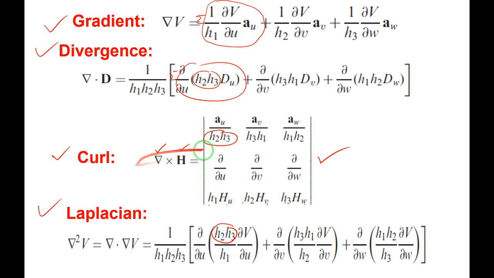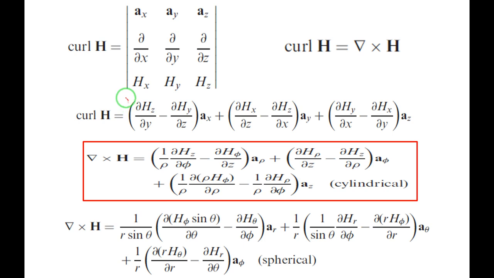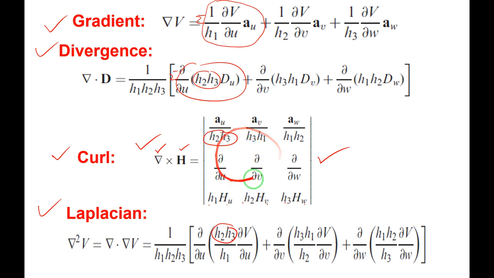Next we will concentrate only on this, because we have solved several numericals on gradient, divergence and Laplacian. Next we'll see the curl. So the curl of H in the Cartesian, rectangular coordinate system, if I substitute in this formula, I'll get Ax, Ay, Az, ∂/∂x, ∂/∂y, ∂/∂z, Hx, Hy, Hz. Similarly, curl of H in cylindrical, let me take the determinant, we will not expand it. If I expand, I will get all these things. We will remember only this formula and try to write it.